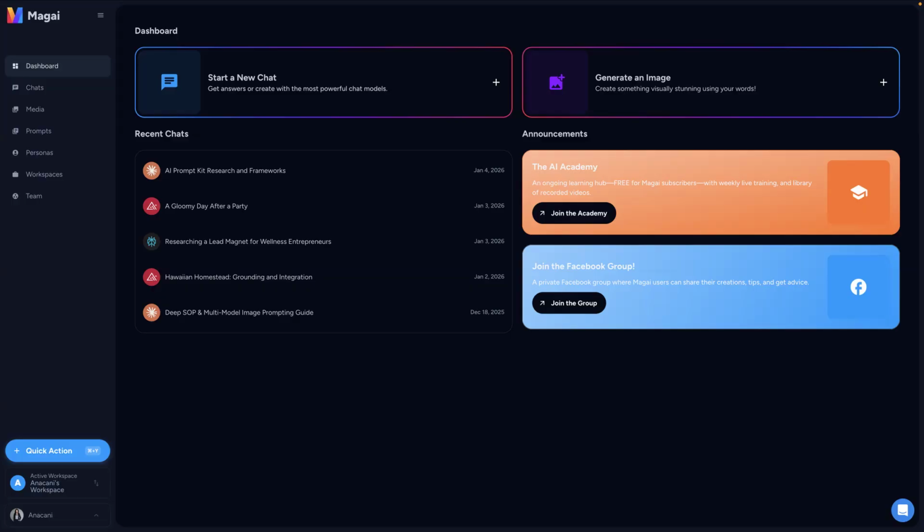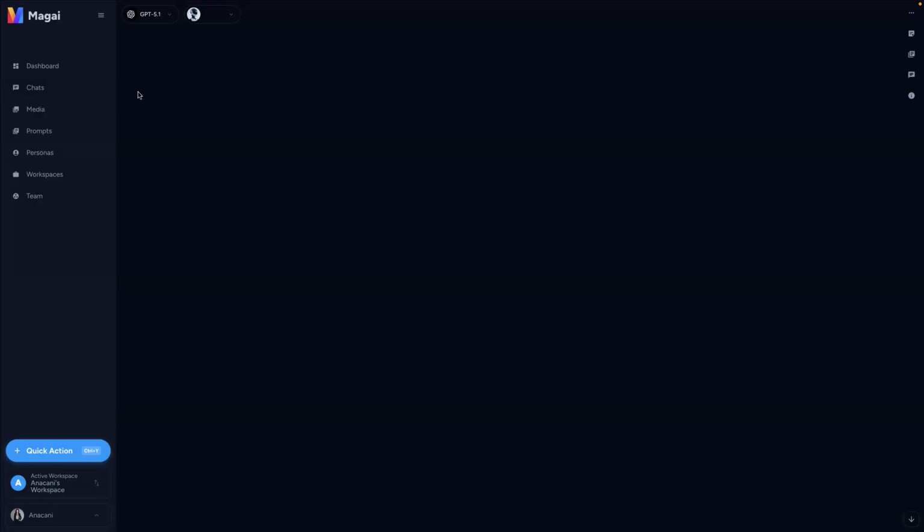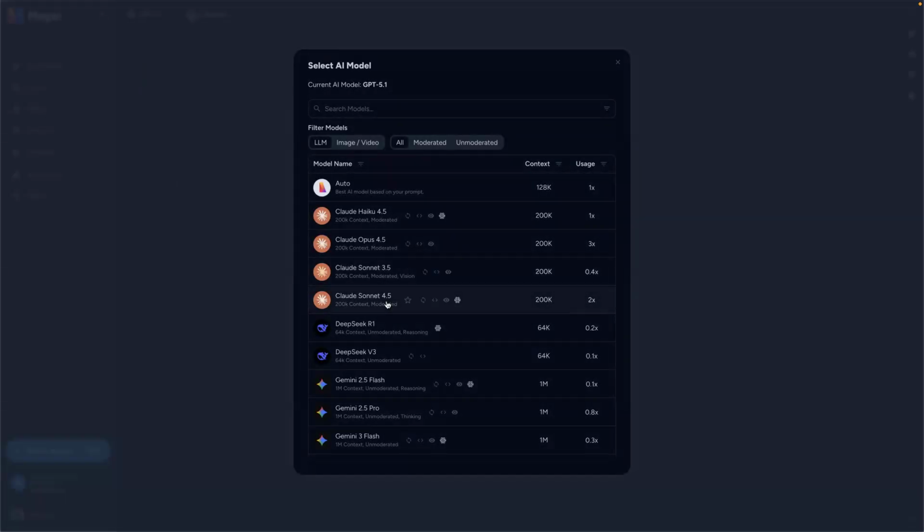Now, the chats essentially work just like they do in most language platforms, specifically what you're used to in ChatGPT. It is where you can write content, ask questions, build your emails, your blogs, your guides, and brainstorm ideas. You're essentially talking to specific chat models. The magical part about chats is that when you create a new one, this is my favorite part about Magi: up in the corner, you can click and choose which language model you want to have a conversation with.